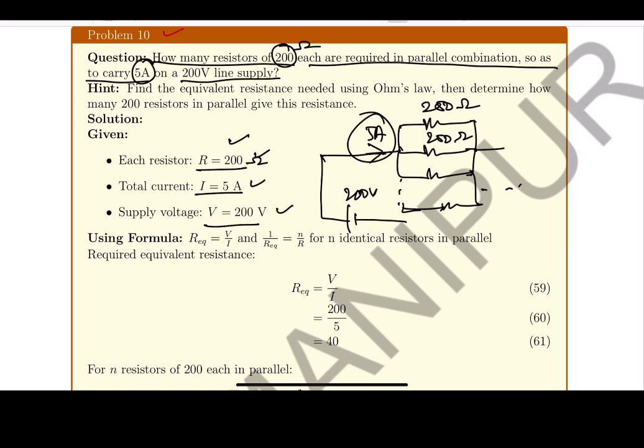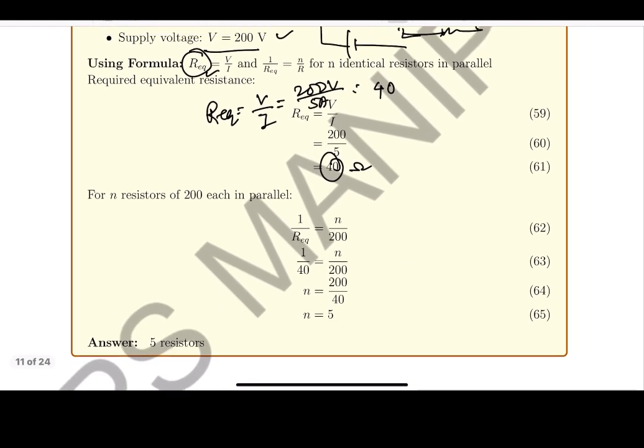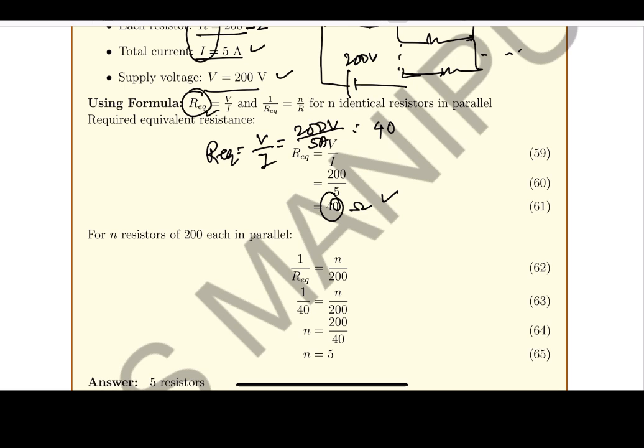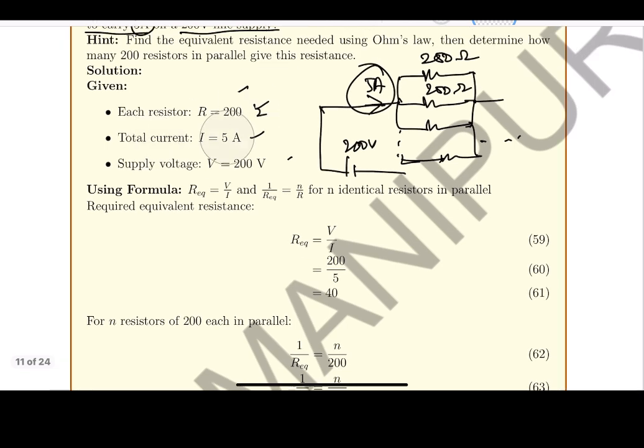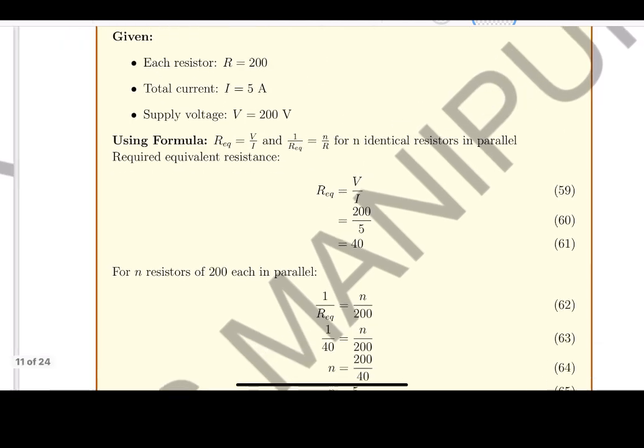Now what will be the equivalent resistance? We use V equals IR and find out Req. Req will be V by I. V is 200 volt, I is 5 ampere, 200 by 5 is 40. I got 40 ohm. Now 40 ohm is the equivalent resistance. Now I need to make 40 ohm. Another thing I need to understand is